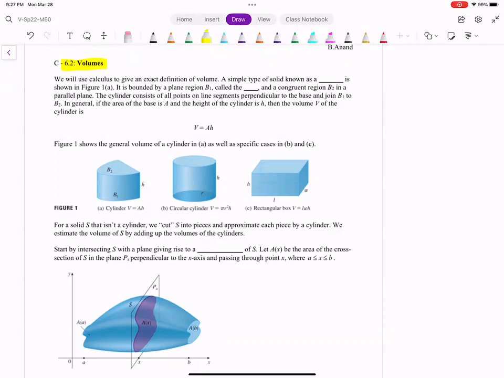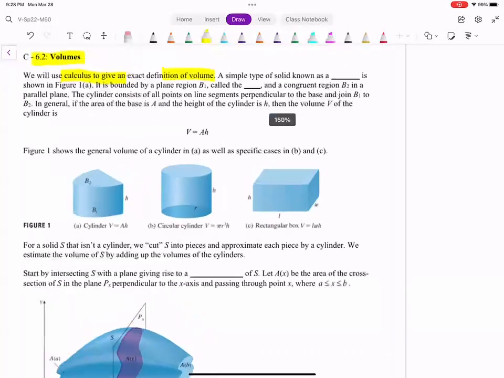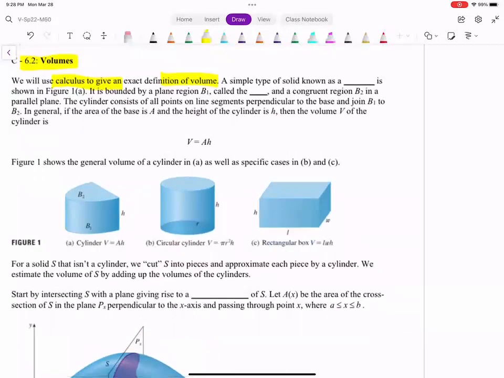In this section, we are going to be seeing one of the two methods to find the volume of a solid of revolution. We will use calculus to give an exact definition of volume. A simple type of solid known as a cylinder